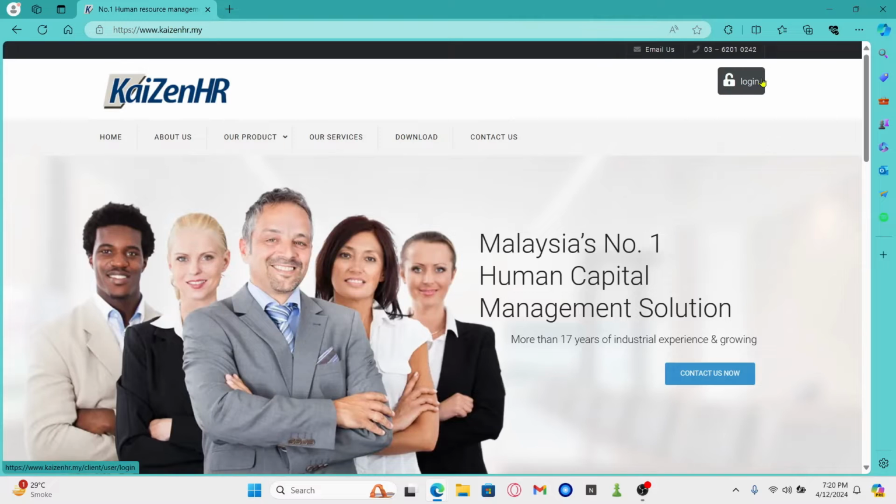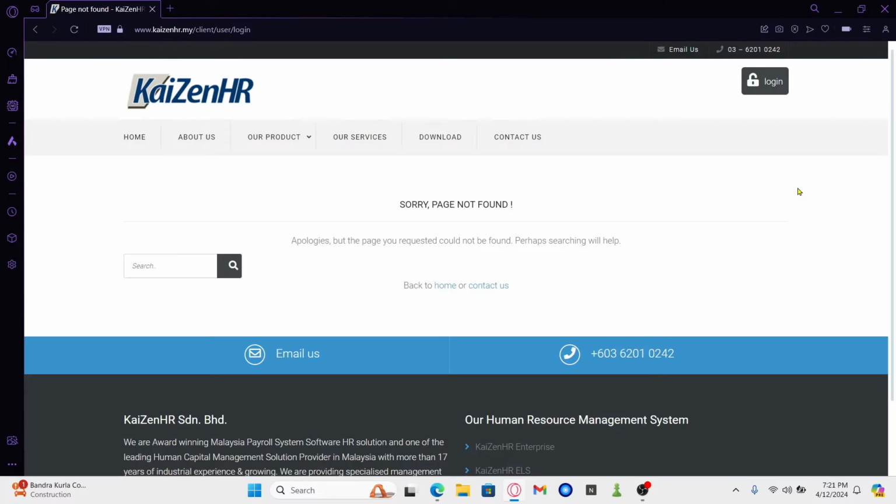Now click on the login button at the top right corner and you will be able to find the employee login portal. Click on employee login and then you will be asked to enter your credentials. Type in your username that you have set up while creating your account and then within the next screen enter your password. After entering your account password, click on the login button and you will be logged into your Kaizen